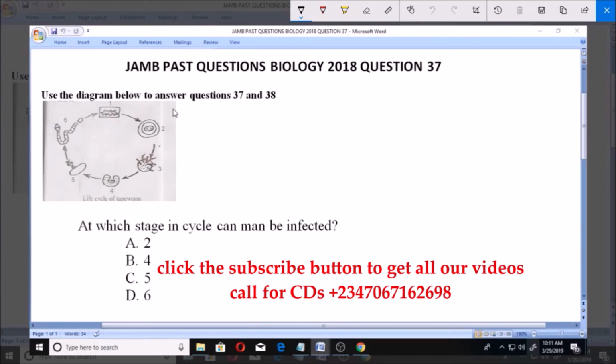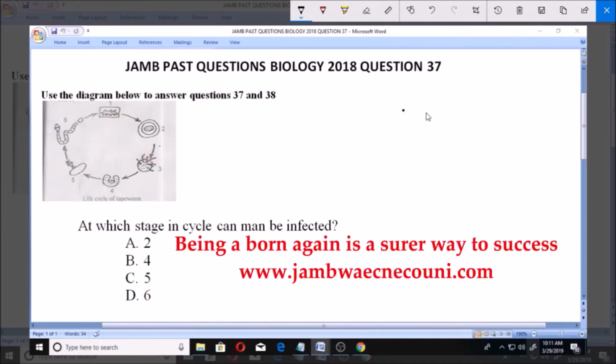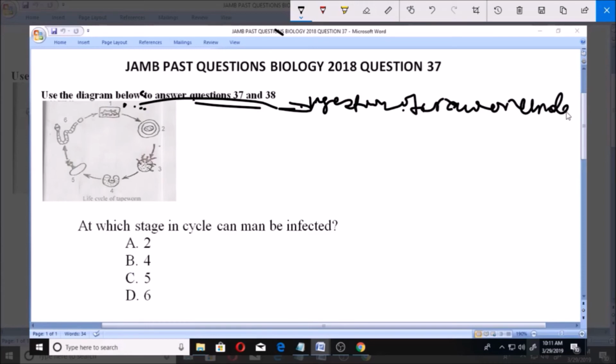For us to be able to understand this and answer it correctly, we need to know what is involved in the life cycle of a tapeworm. Now, this first stage represents when a human ingests raw or uncooked pork containing cysticerci. So that's what happens in this first place: the ingestion of raw or undercooked pork. So whenever you eat raw or undercooked pork,